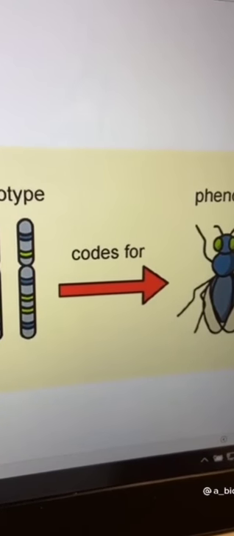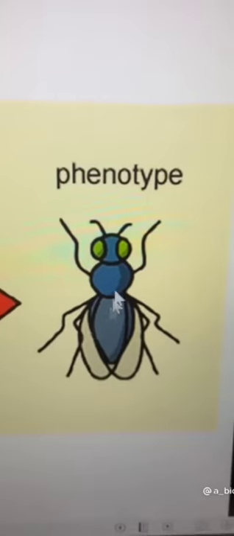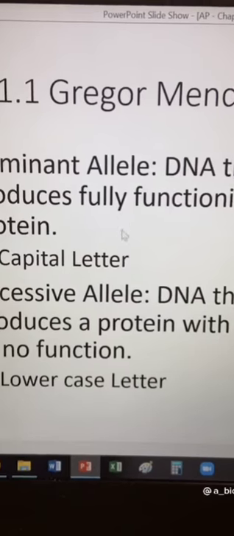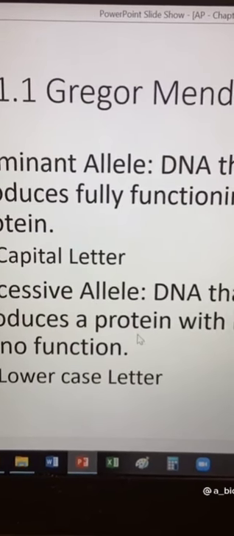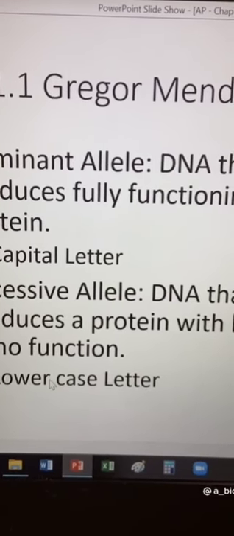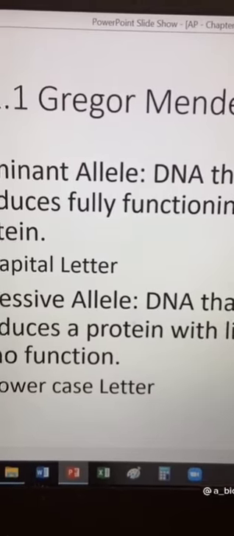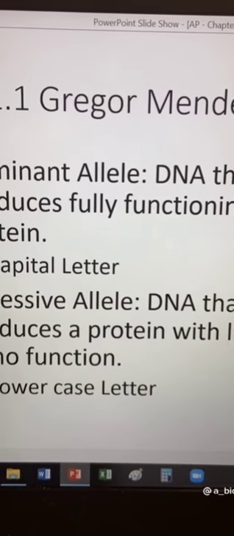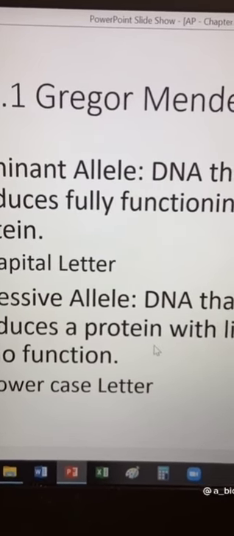Your genotype's going to code for your phenotype, and your phenotype is just your physical characteristics. Now, these alleles can either be dominant or recessive. Dominant alleles are represented with capital letters, while recessive alleles are represented with lowercase letters. Dominant alleles usually mask the recessive alleles, and you'll only see the recessive allele phenotype if you have two recessive